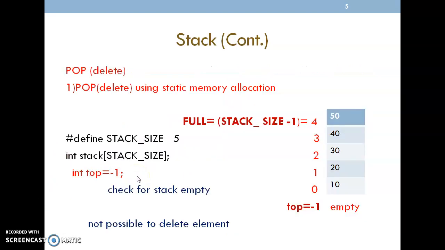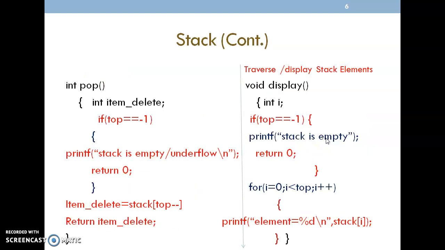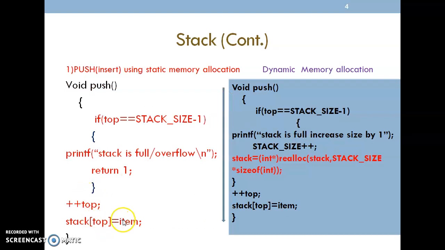For example, if we are at position 2, then after top plus plus I come to the next position, and there I'm going to insert the element. Whatever the item is, for example, if I'm going to insert 50, you can insert 50 to stack of top. So now stack of 0 had no element earlier, and now I'm going to insert 10 into it. That item 10 will be inserted to stack of top. Always the left side will be the required variable, and the right side will be the value we already have.